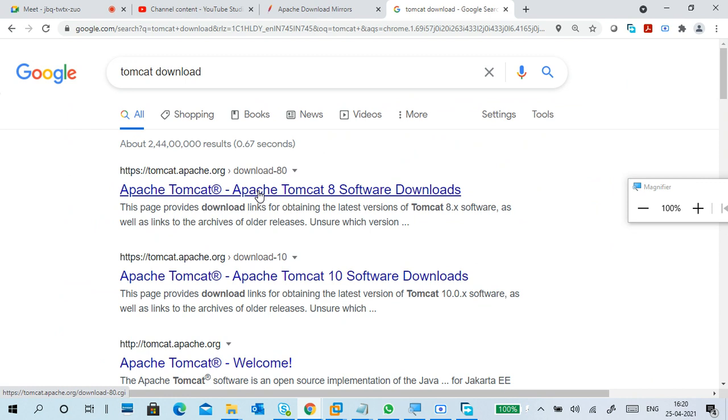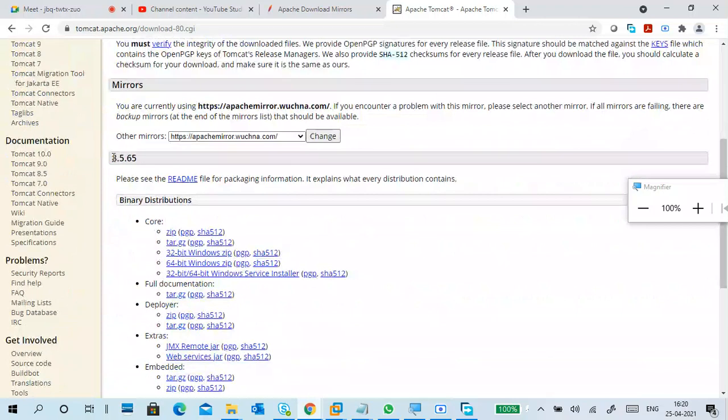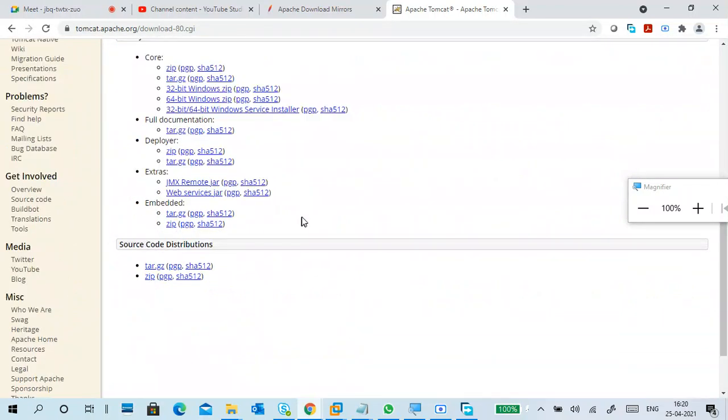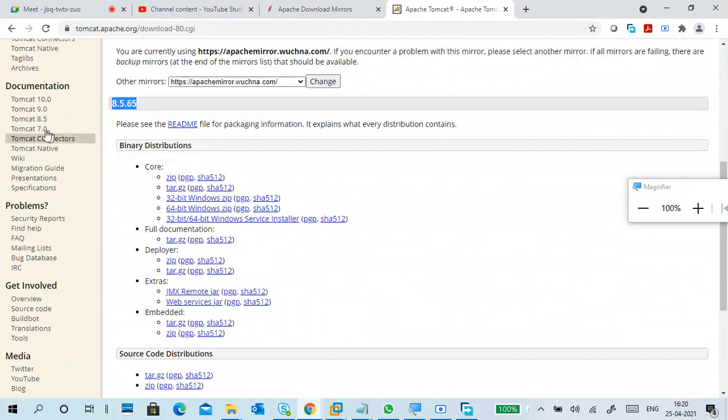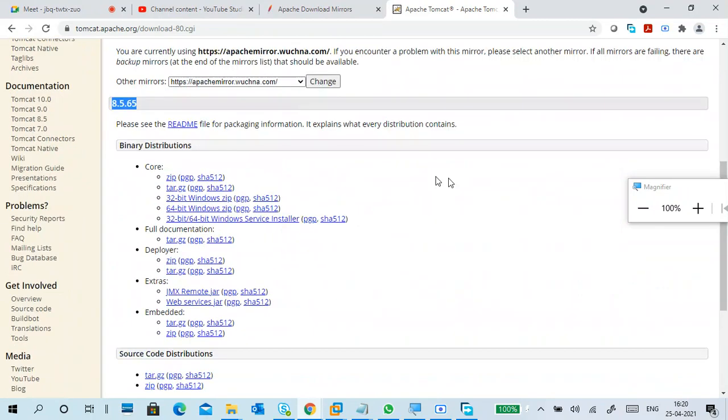So many Tomcats are there. So I'm going with Tomcat 8 now. 8, 8.5 also there. So this is 8.5.65. Tomcat 9, Tomcat 10, Tomcat 7, like that. So this is 8.5.